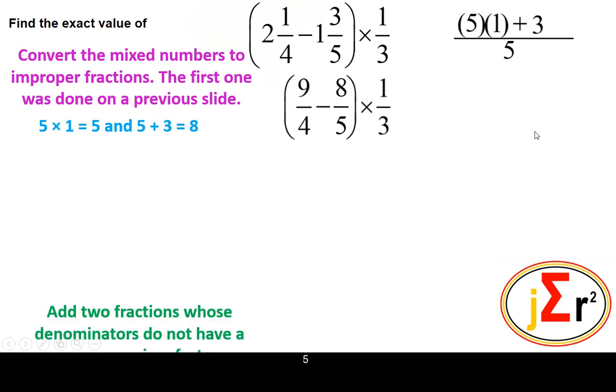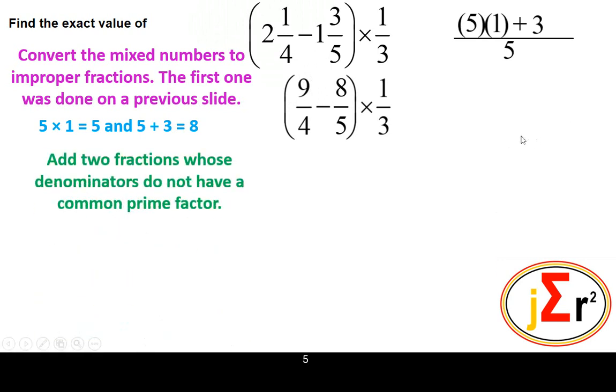And we'll go into it also, if you can remember, that what we have here is subtraction. It's not addition on this occasion, but we are subtracting one fraction from the other, and those fractions have denominators that do not have a common prime factor. So we may go straight ahead and manipulate it by first multiplying the two denominators. So add two fractions whose denominators do not have a common prime factor. So we multiply the two denominators first,